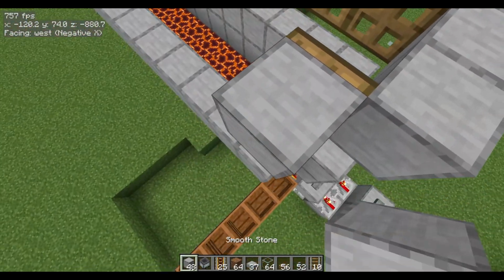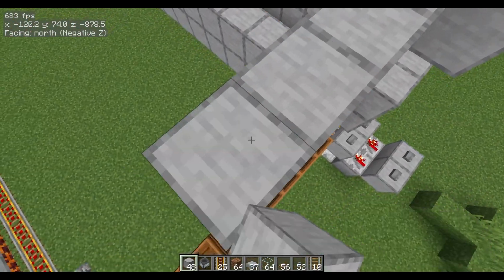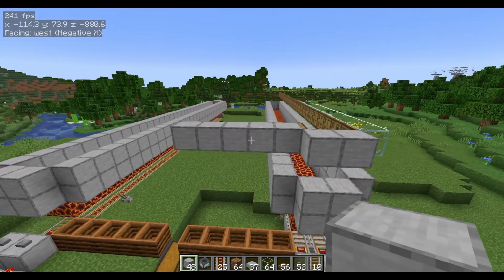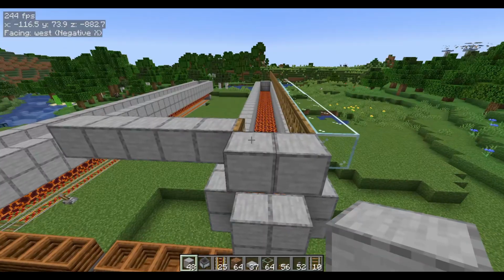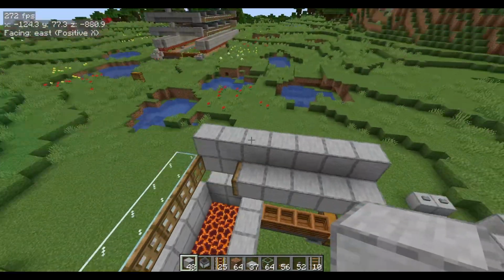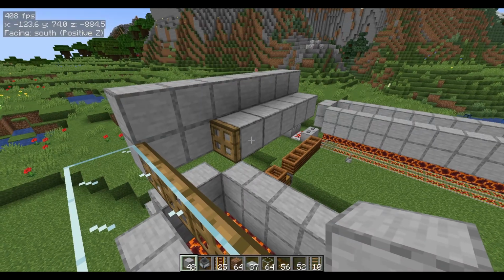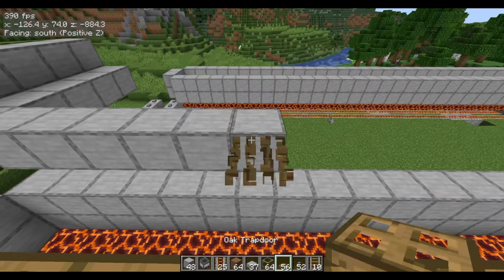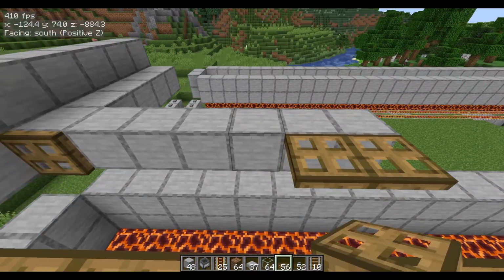Then we're going to go across 1, 2, 3, 4, over on this side, and this is going to be one of our spawning platforms. Now we're going to put some blocks up here, and some blocks around here. So we've got this sort of shape right here. Now on this side we're going to go 1, 2, 3, 4, 5, 6. Then we'll get our trapdoors, and we're going to go across here,